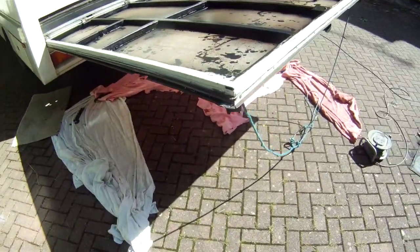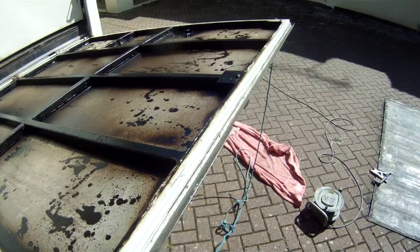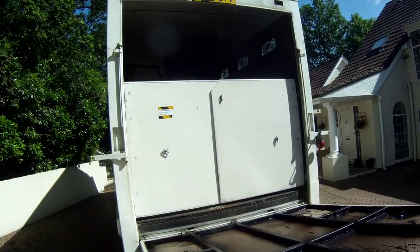Aluminium corner, 90-degree sort of corner shaped pieces of metal, and they also screw onto the plywood in this case. So hopefully when I've done all that, that should be the job done, apart from it's in need of a